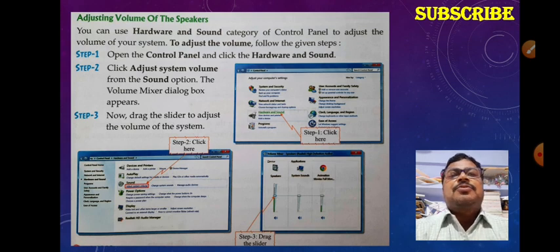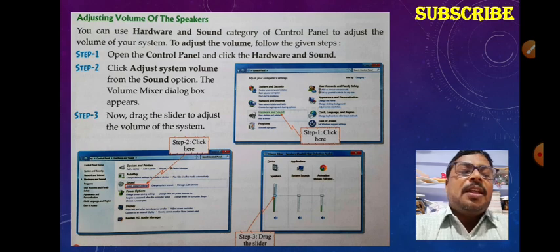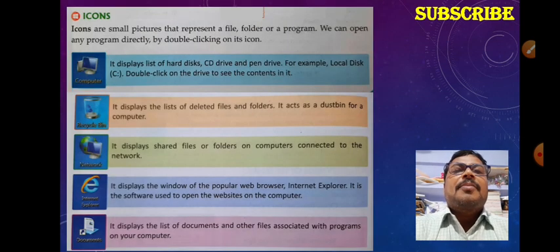Choose the option adjust system volume. Then you will get the screen given here, the third one is small, and you can slide it. If you slide it higher, that means upward, the sound will increase. When you put it down, the sound will be low. So it is very easy and you can use this.